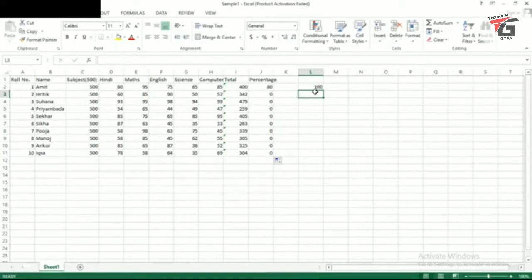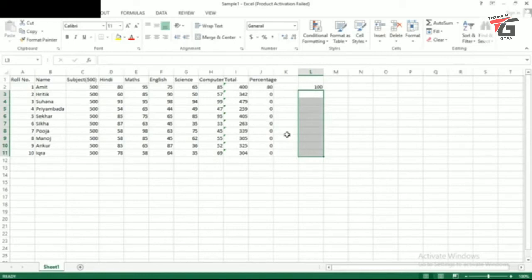Either we have to enter the data in all the corresponding cells which have been used in our formula. So for that we can drag it. So we have got 100 values in each of the cell addresses of those cells which have been referenced in the percentage formula. So we have got the result again. Now I don't want to do this. Okay, I'm going to delete it once more.